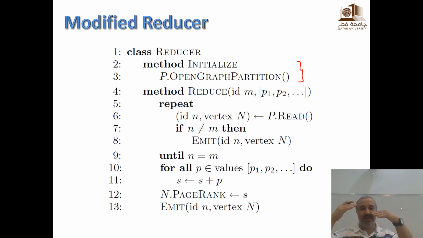of course, in case it happens that you don't get any messages for a node, still the structure of that node is there. So you have to handle this. If what you are reading from the reduce input and what you are reading from the file are not aligned, then you have to output the one that has the graph structure. So you repeat until you align them, and then you